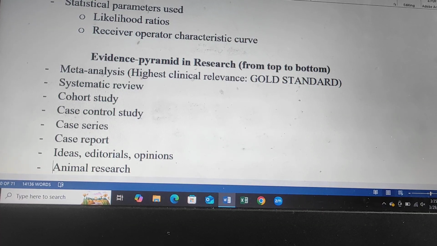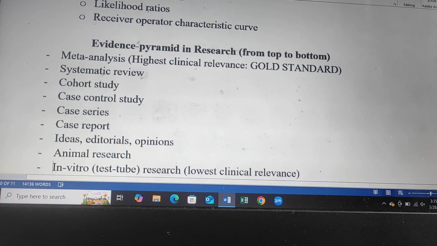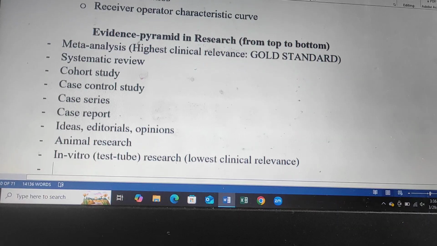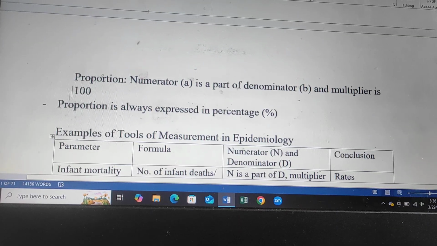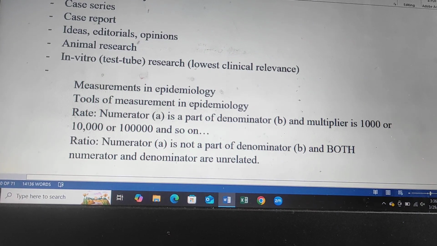Evidence pyramid in research from top to bottom. Meta-analysis: highest clinical relevance, gold standard. Systematic review, cohort study, case control study, case series, case report. Ideas, editorial opinion. Animal research, in vitro test tube research. Lowest clinical relevance रहेको छ।